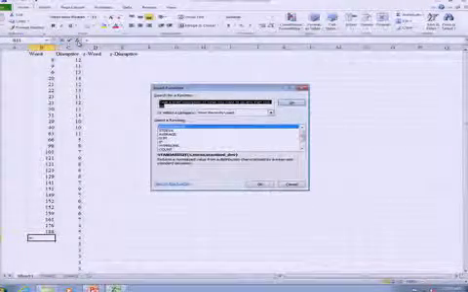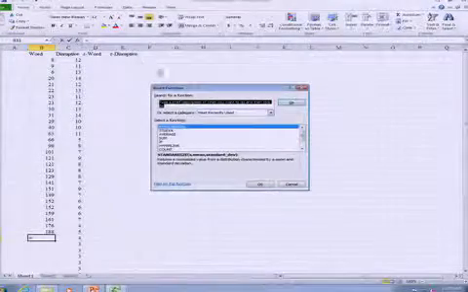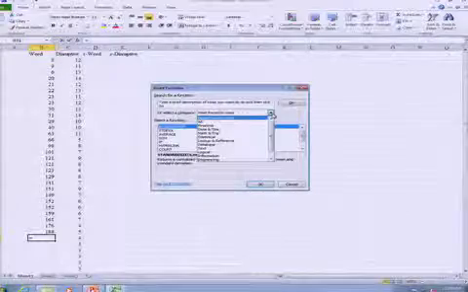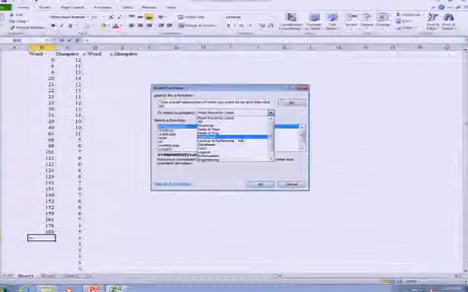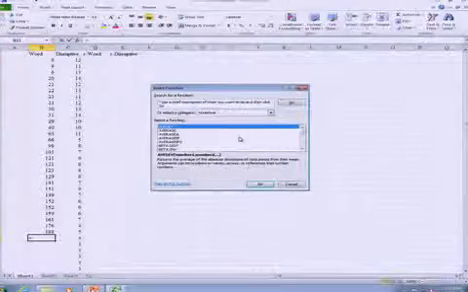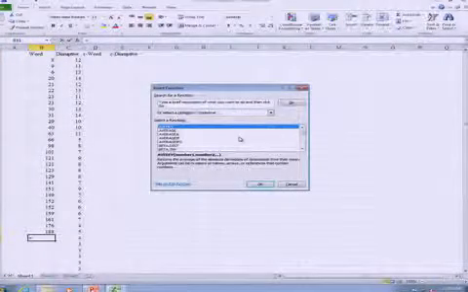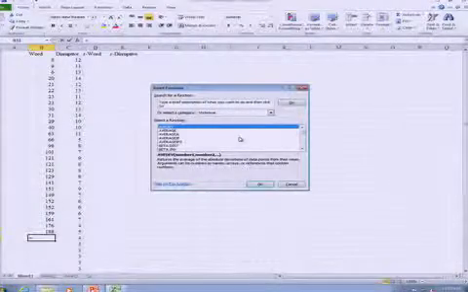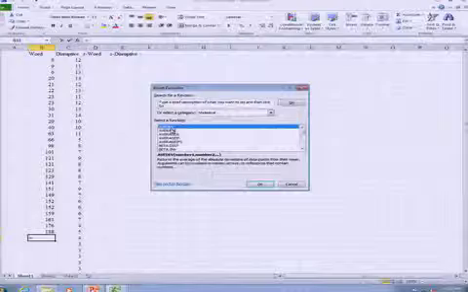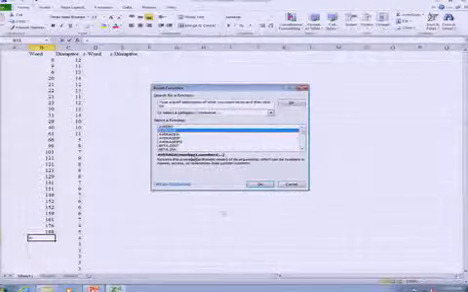Here a box will emerge, and what we want to do is to pull down the menu and select statistical. Upon doing that, we will search for average. These options are available to us in alphabetical order. We will click on average,